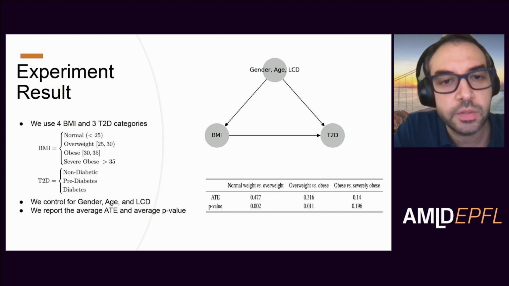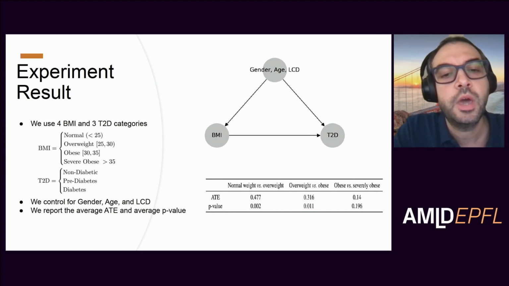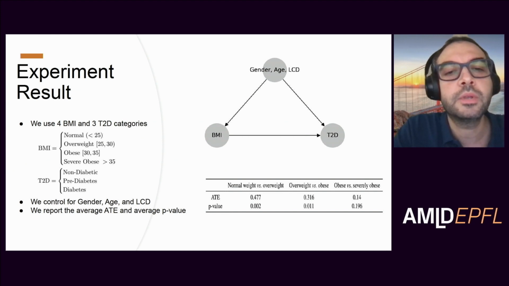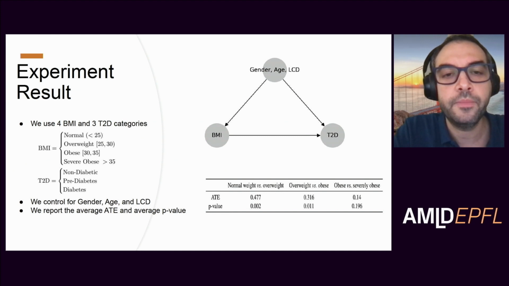Why do we control for LCD in that case? Because we have 2 time steps, so we want to avoid having the LCD impact the BMI in our